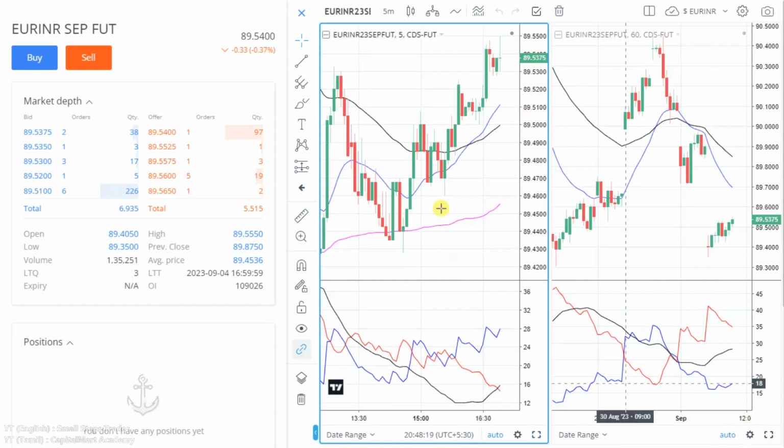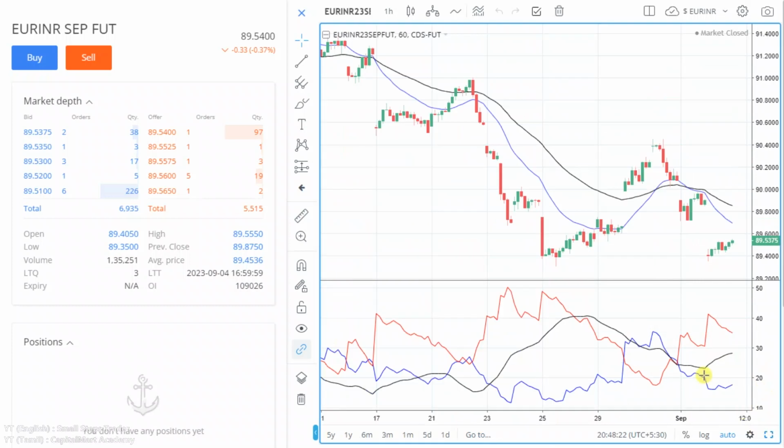For the positional traders, 1 hour chart. If you see the 1 hour chart, it is moving like in a channel only. So most of the time it's moving between 89.40 and 90, just 60 paise. So though it looks like a breakout, if you see the next day it has again come down very close to the channel. Again the next day came inside the channel and today as well. So there is no trend